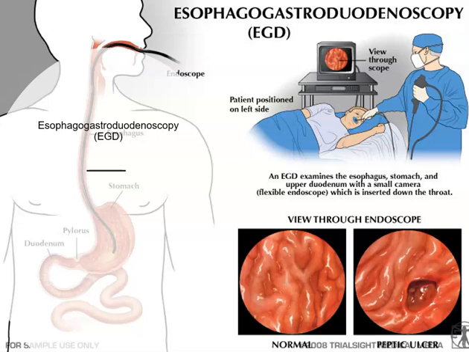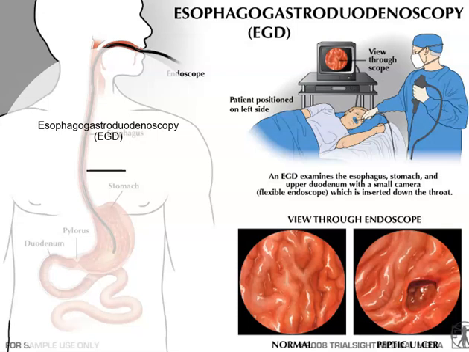Now, this code family on page 312 immediately starts off with some very important subsection notes, information about modifiers that are going to be critical. And then your very first code is 43235. Notice that this particular code has the term flexible and transoral. Trans means through or across. And with this procedure, guys, same thing like in the